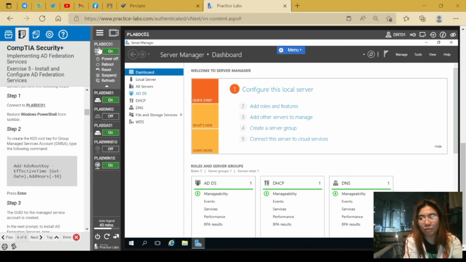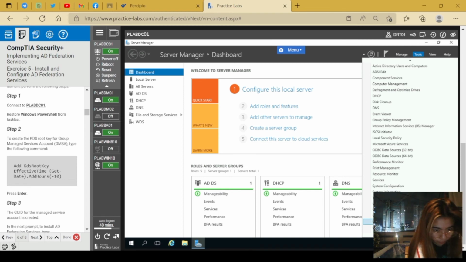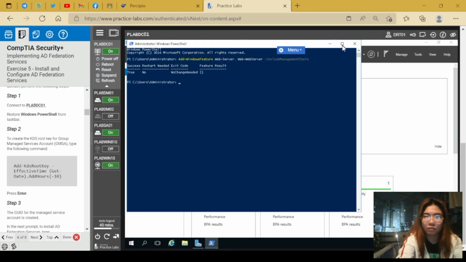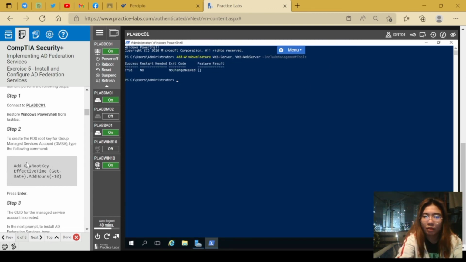Connect to PLDC1, restore Windows PowerShell. To create the KDS root key for group managed service account, type the following command. Add-KdsRootKey -EffectiveTime